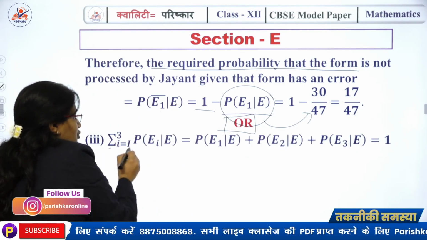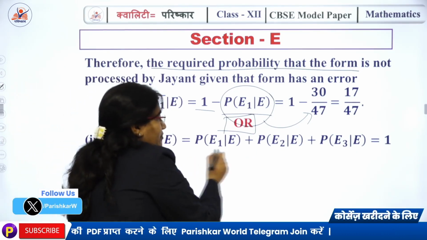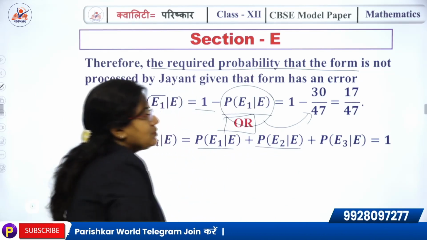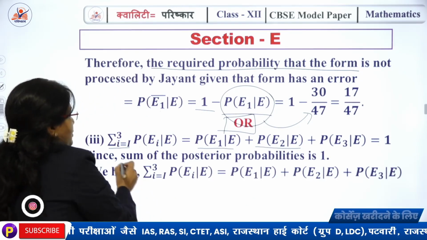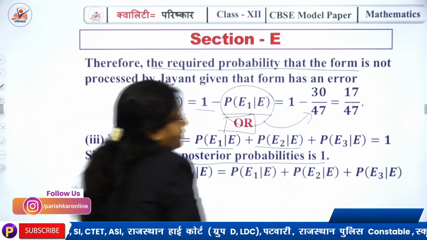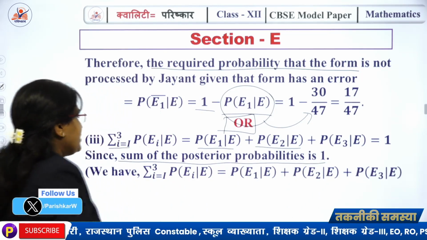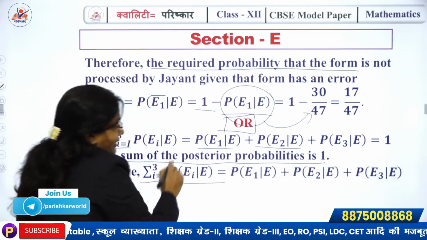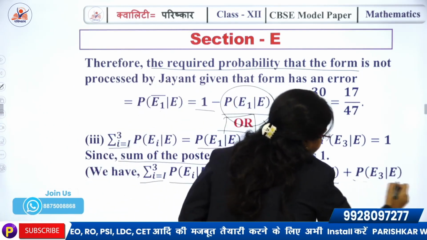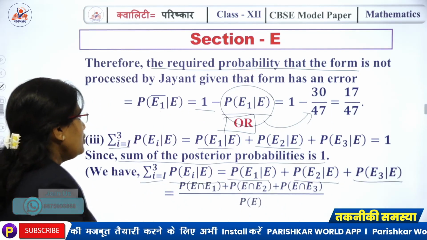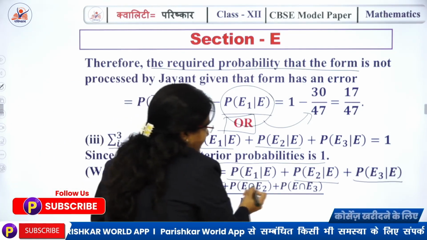Summation i is equals to 1 to 3 probability of Ei by E is given by probability of E1 by E plus probability of E2 by E plus probability of E3 by E is equals to 1. Since sum of the posterior probabilities is 1, we know that the sum of all the probabilities will be 1. We have summation i is equals to 1 to 3 probability of Ei by E is equals to probability of E1 by E plus probability of E2 by E plus probability of E3 by E is equals to probability of E intersection E1 plus probability of E intersection E2